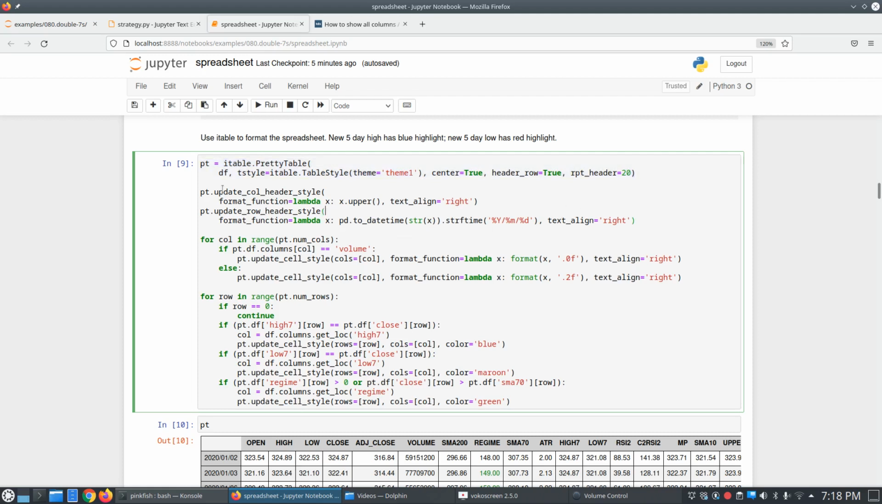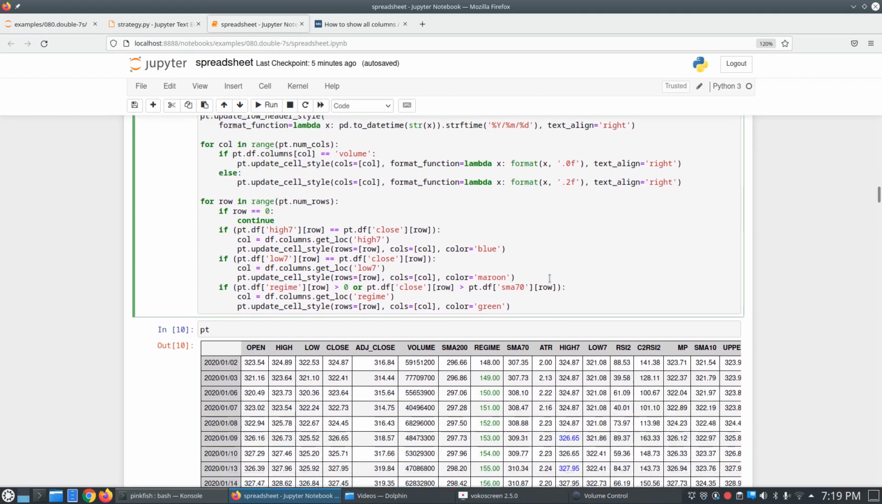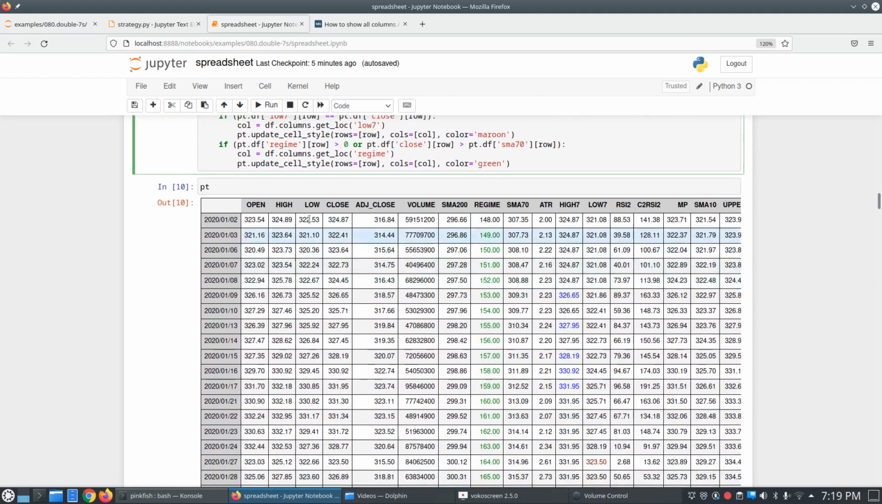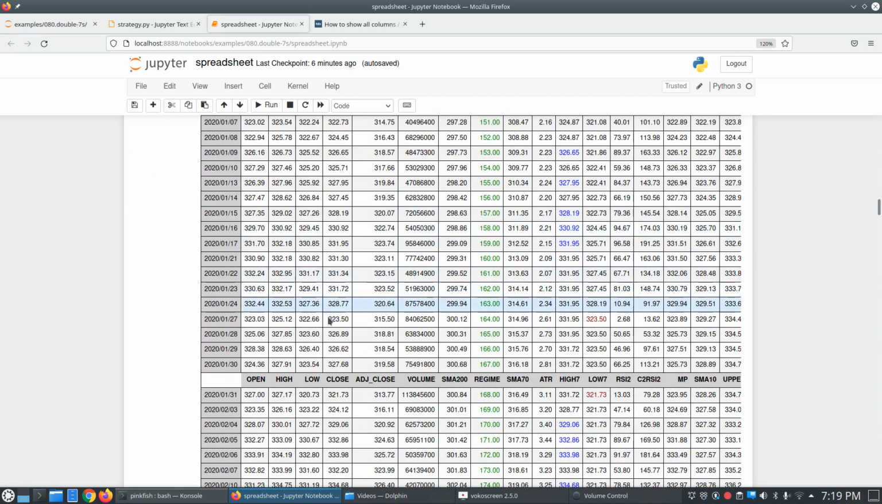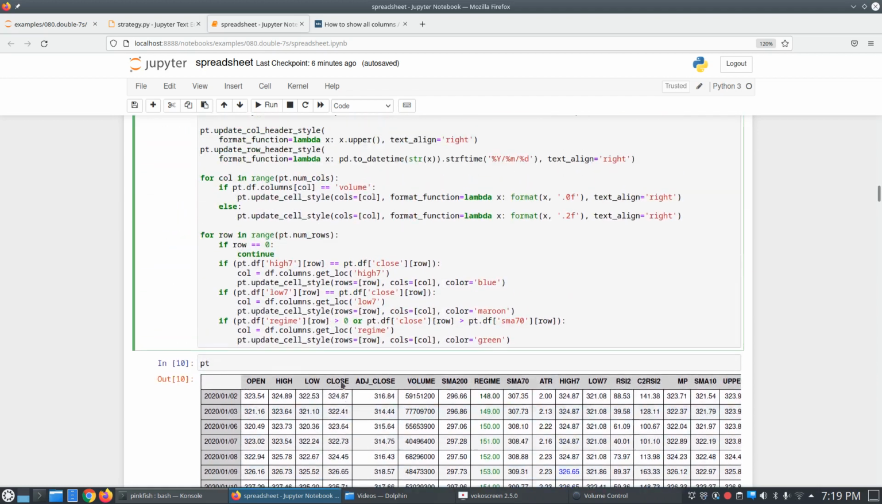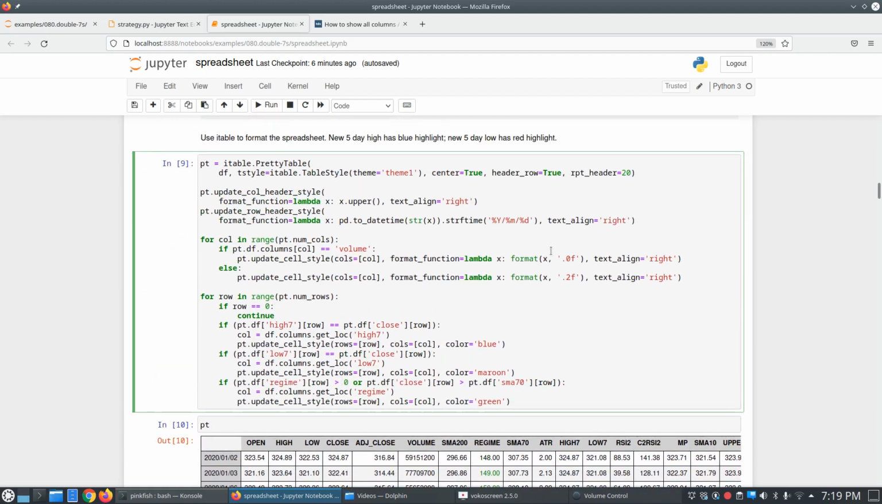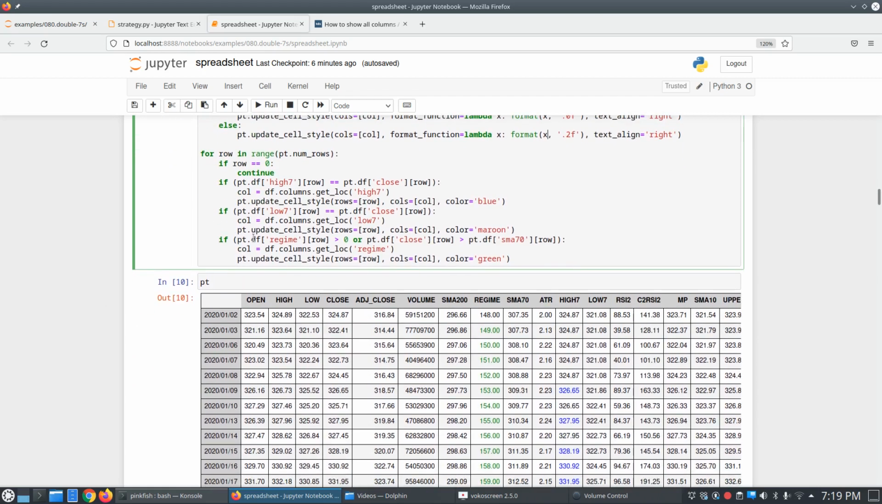Okay, so this code here will add the headers to the spreadsheet. That will be the labels for the columns. It also, after several rows, it will add those in again. I think it's like 20 rows. It will add those in again, so you don't have to keep scrolling up to see what the column names are. And here is the code where you can